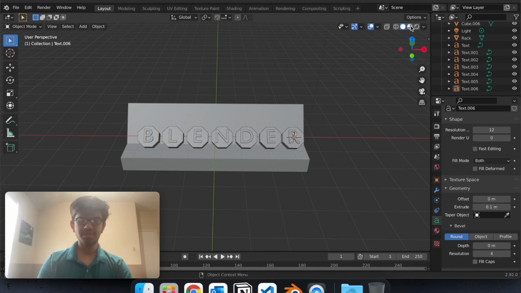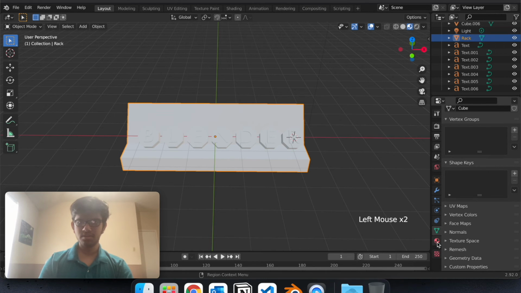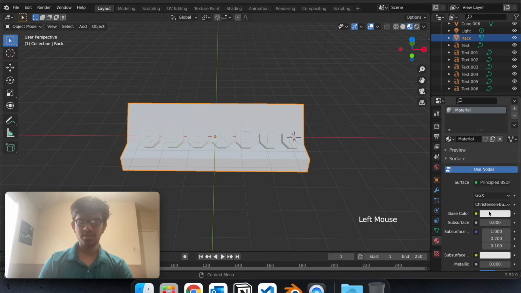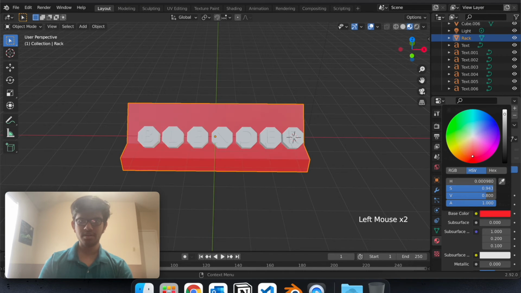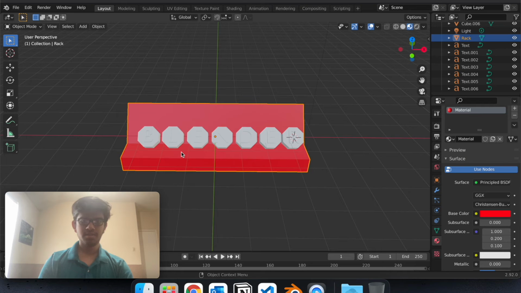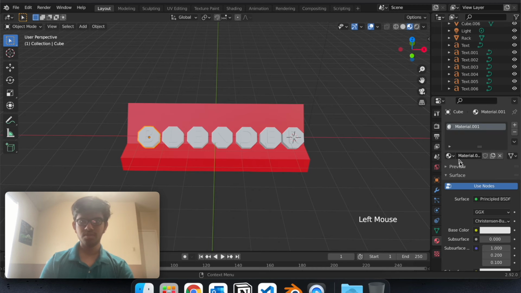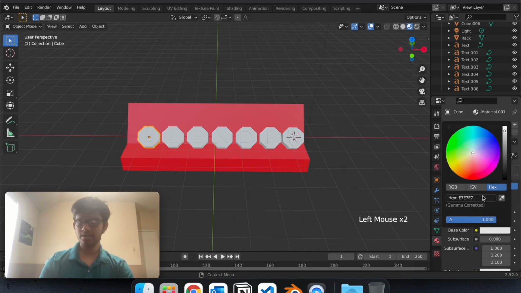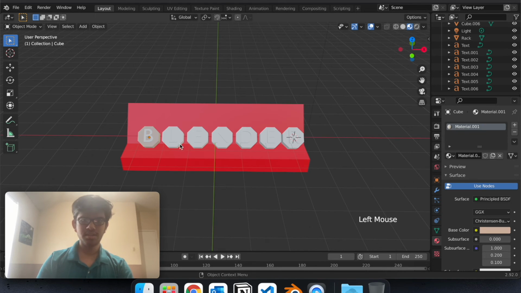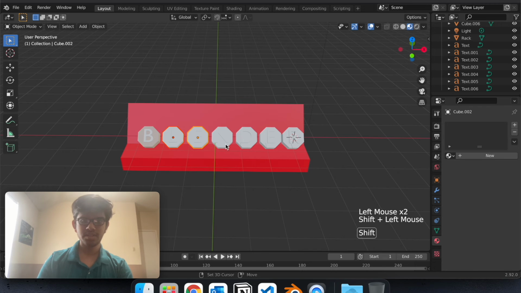So let's go into the material view like this, select the Scrabble rack, go into the material properties and change the base color to a red like this, and let's select the tile and let's press new and just copy this hex code I have here. It is, I just wrote it, CEB988, and let's select every other tile,